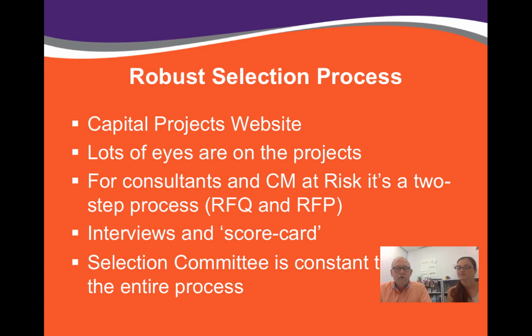The selection process: the state, again, has guidelines for all their processes for hiring different entities, procuring services and such. The CM at risk process is no different. We actually go above and beyond the state requirement. We do a two-step process where we request